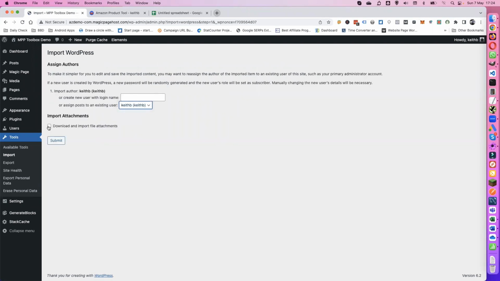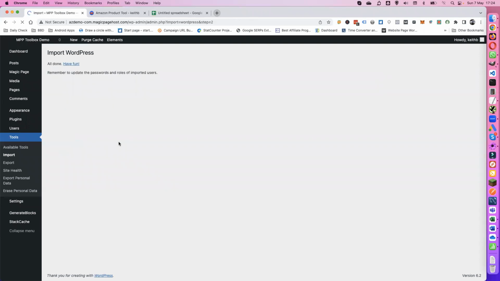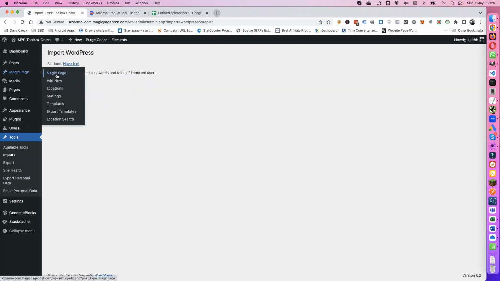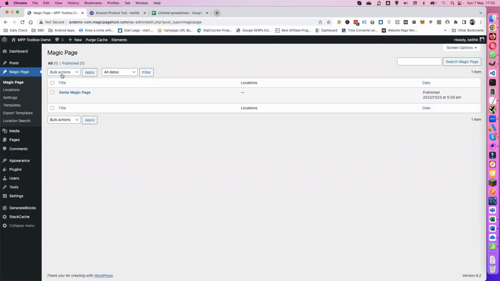Select that, download and import file attachments, and do submit. And that is done. So if we now go to the magic page, which as you've seen, I've just literally installed it, we've now got a magic page built. If I now edit that,